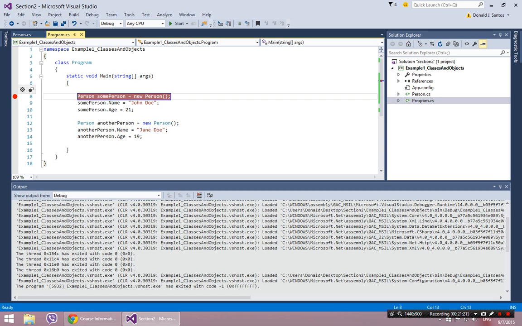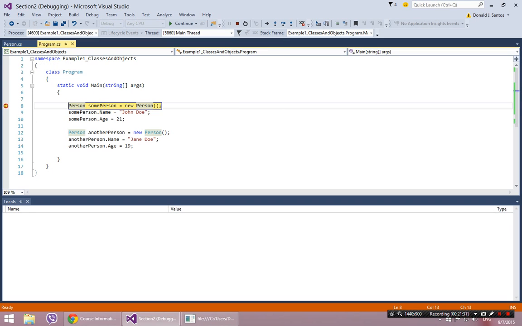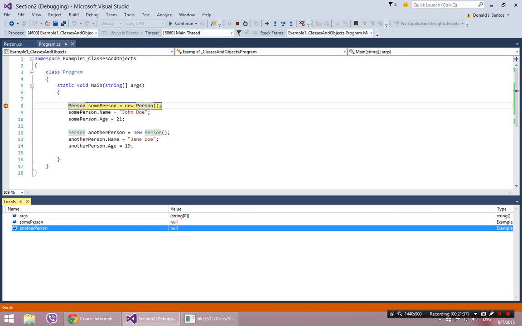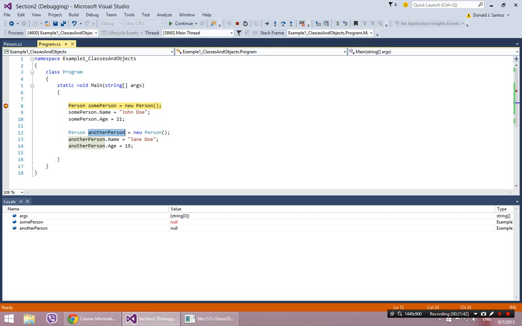So let's step through this now and watch it actually doing something interesting now that I've made the person class have variables inside of it. So I'm going to hit F5, debug through this. Alright, so in my locals you can see some person is null, another person is null. That means that I've defined them to be able to point at a person, or have the address of a person, or have the reference of a person, or however you want to say it, but they currently do not have any value. They don't have the address of a person. They have nothing. So it's basically an empty value. But the moment I create this new person,